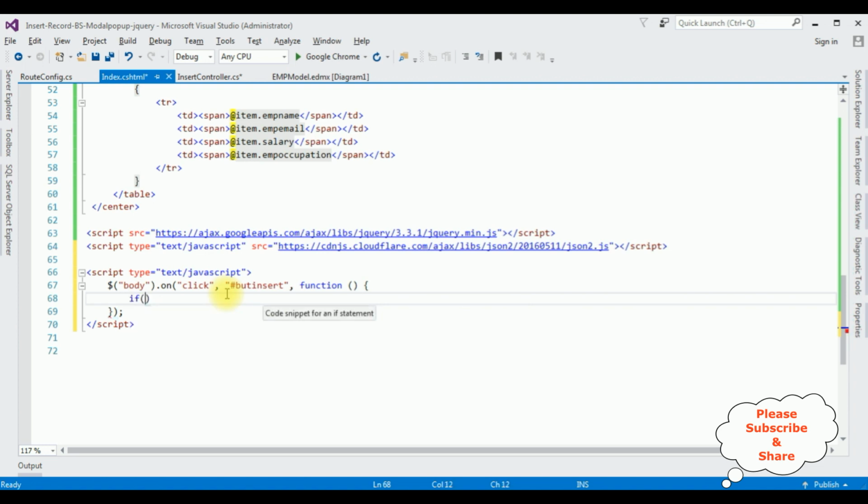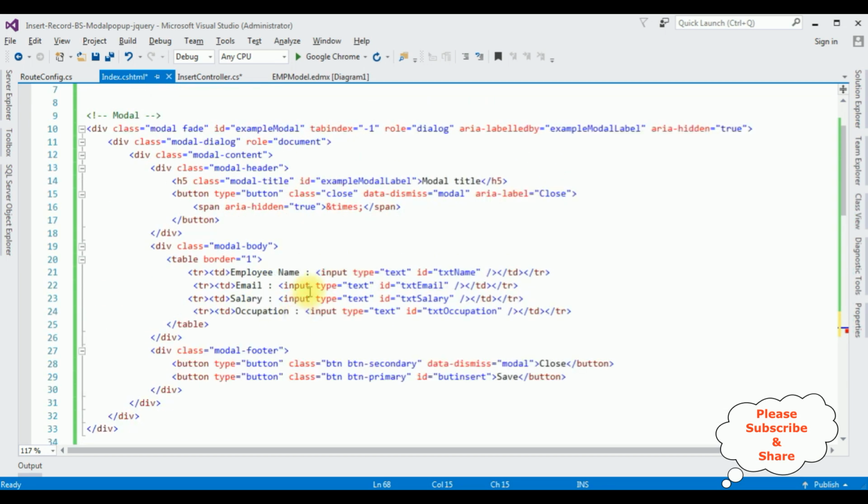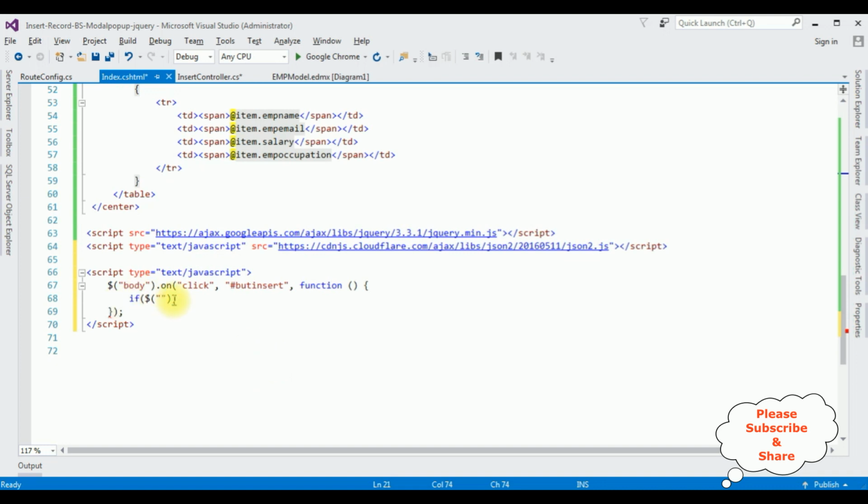For that I'm using an if condition. If $("#txtName").val() == "" or